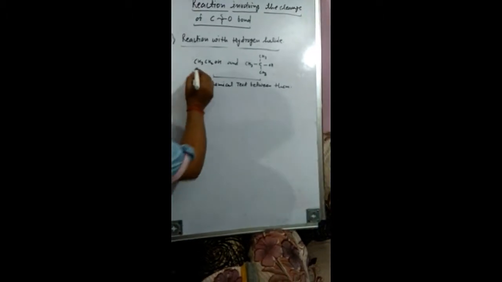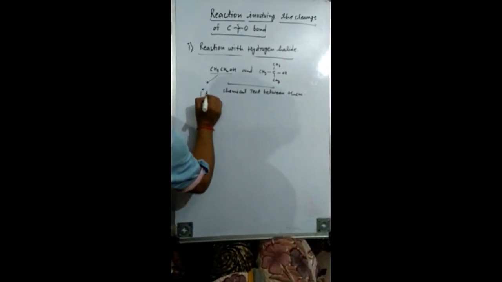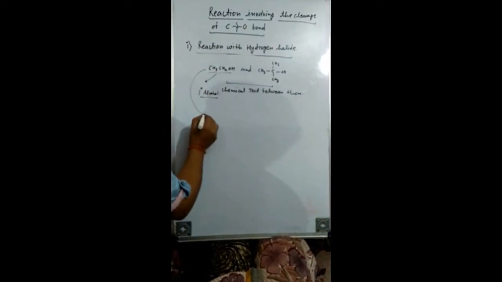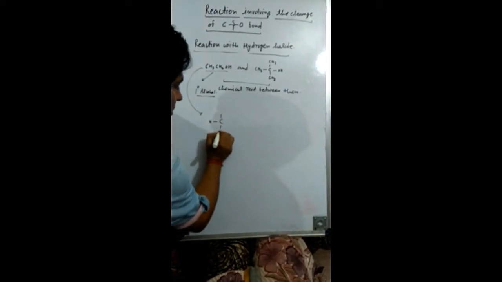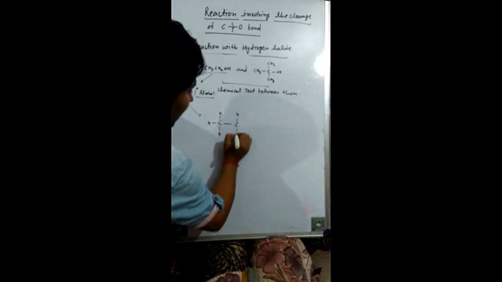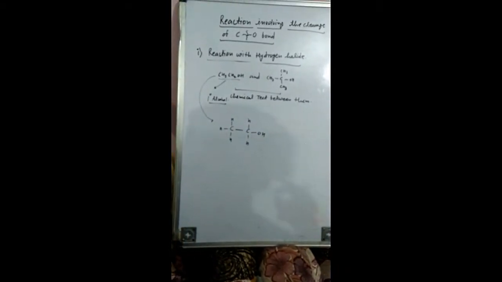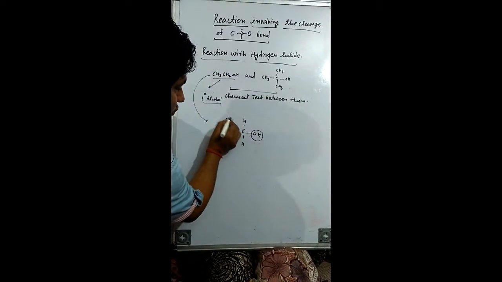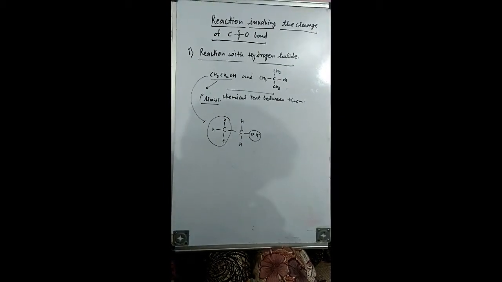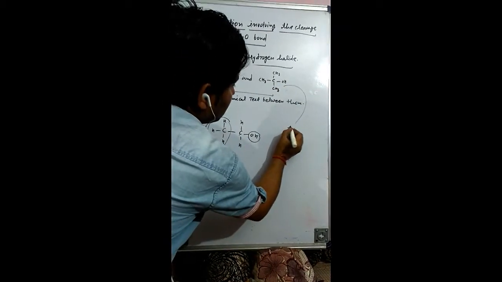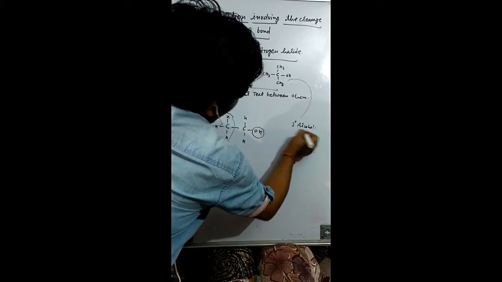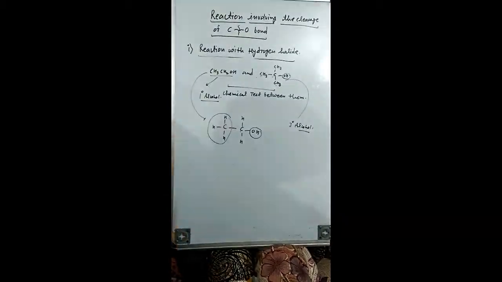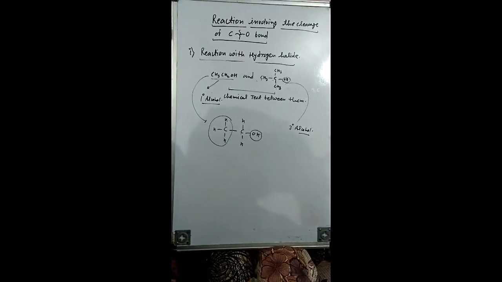You know that this is a primary alcohol. Why is it a primary alcohol? Because if you see its structure, this is the carbon, 3 hydrogen, again the carbon, 2 hydrogen, and this is the OH. That means the alcohol group is attached at the carbon and this carbon is attached to one alkyl group. That means this is a primary alcohol and this is a tertiary alcohol. Why is it a tertiary alcohol? Because the OH group is attached to that carbon which already has 3 alkyl groups. So very simple. The chemical test is there.